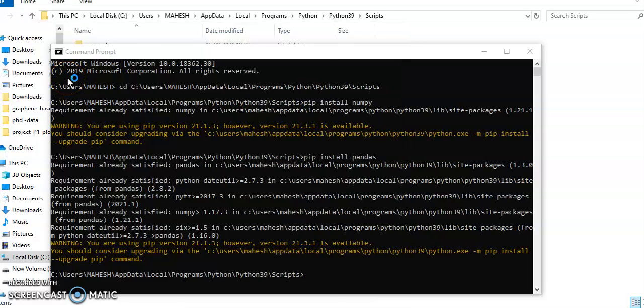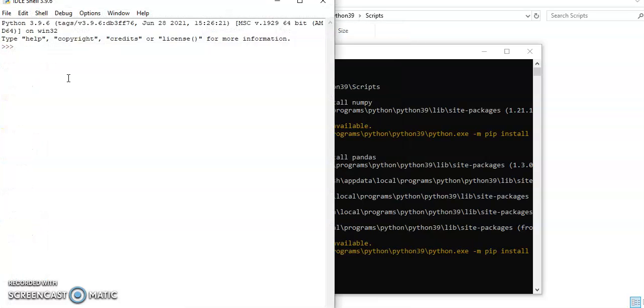In that, type import numpy. We already installed numpy. When the next line comes, that means there is no problem.